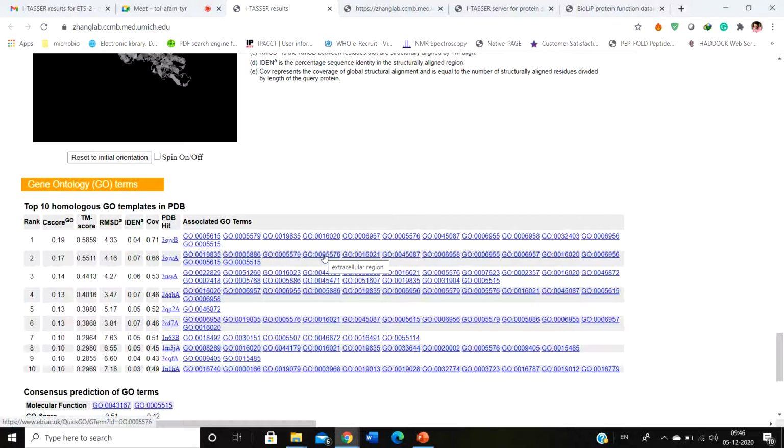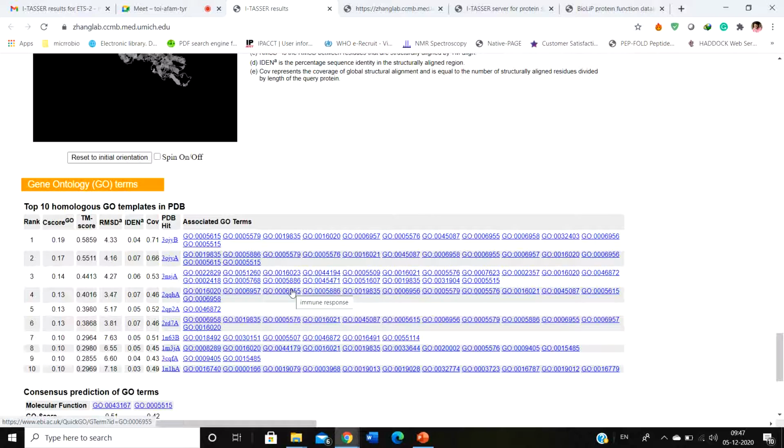It has an extracellular region. So all these terms say something about this particular ETS protein. In this case, they are more or less right, because this ETS2 is a membrane protein, and this helps in cancer cell progression by interacting with P53. So that means yes, the function they have predicted is almost correct. But obviously, it is not a part of membrane attack complex, or it does not help in cytolysis. But yes, it's a part of a membrane complex.